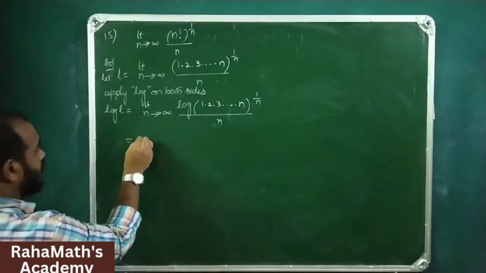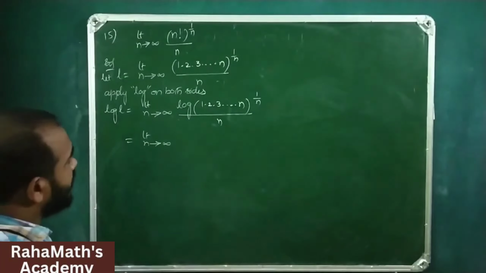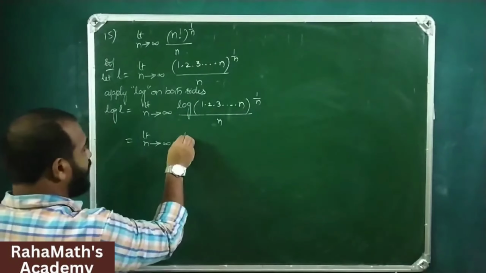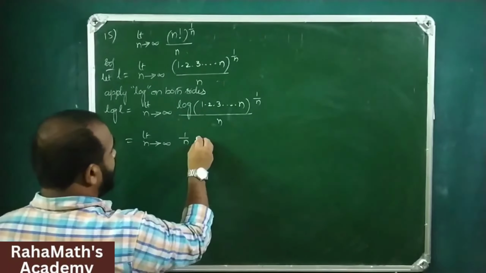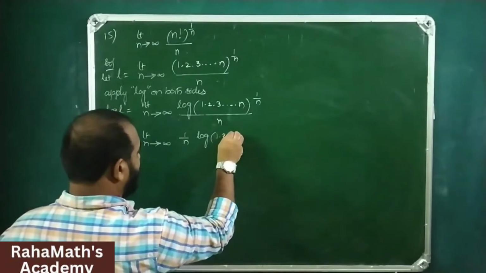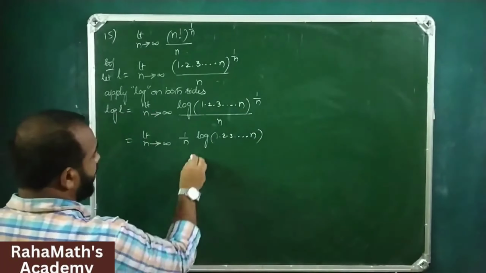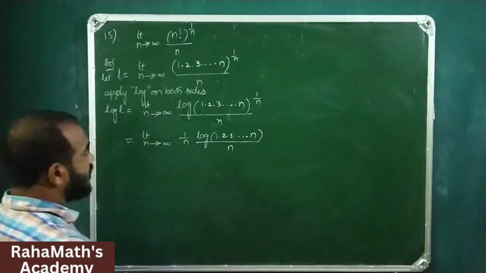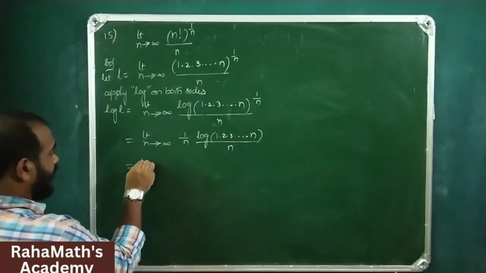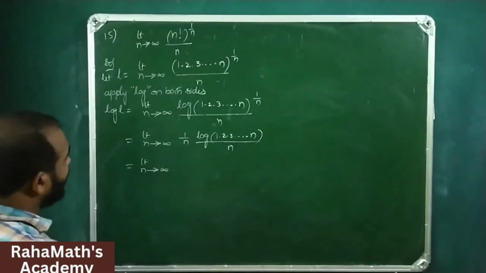This is equal to limit n tends to infinity, using log a to the power m is m log a, 1 by n log of 1 into 2 into 3 etc. n, by n. This is equal to limit n tends to infinity, 1 by n